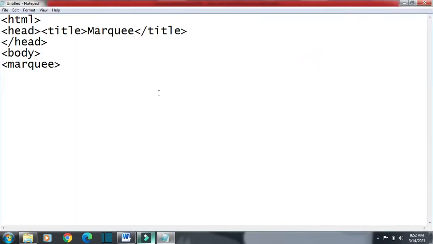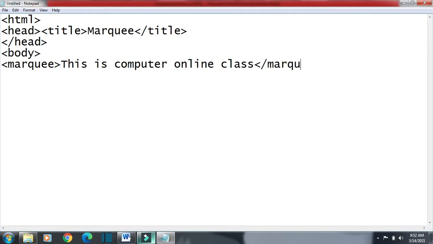So this tag is used to move or scroll either image or text. So first we will go with text. Suppose I want to scroll this topic: this is computer online class, and then marquee closed, and then body closed,